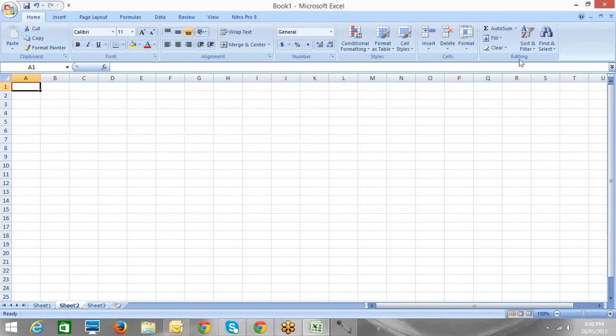Rename sheet 2 to schema. Call it schema. Cool. Now we will put the objects, the fields, and the field types here.